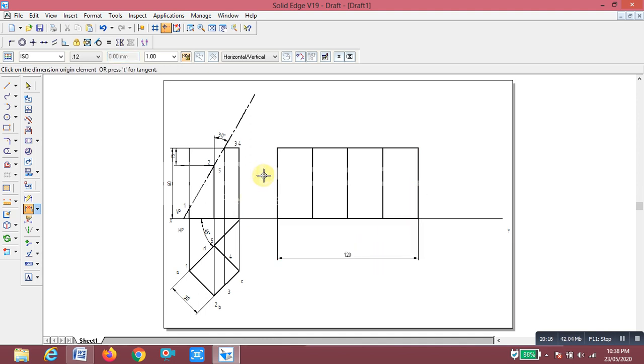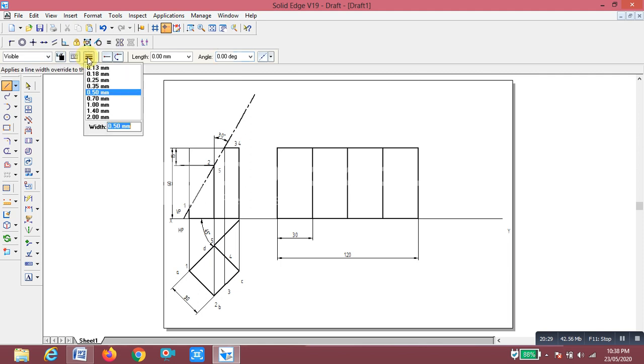Now we have to draw the thin lines. Select thin line from this point. This is the end point. We draw the horizontal thin line to this.